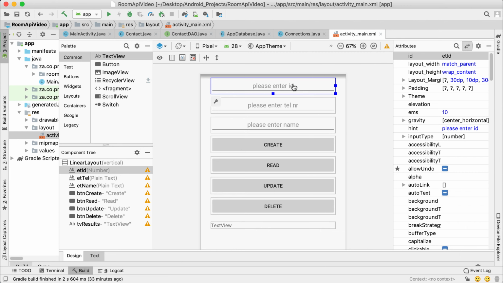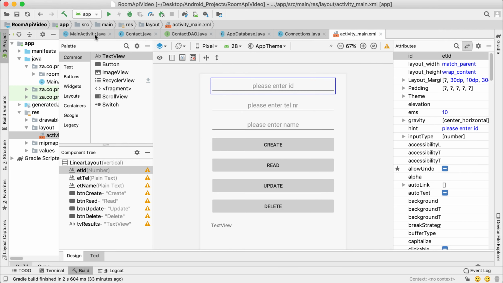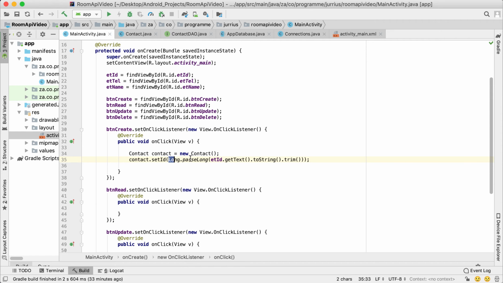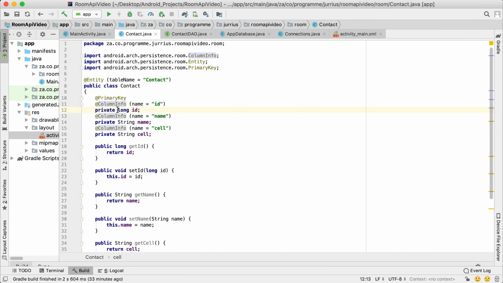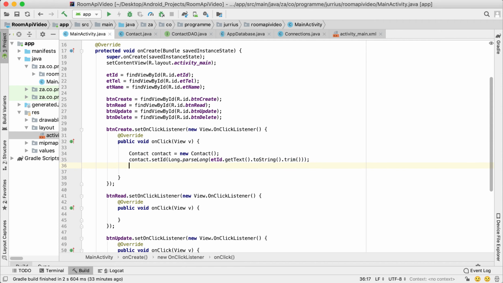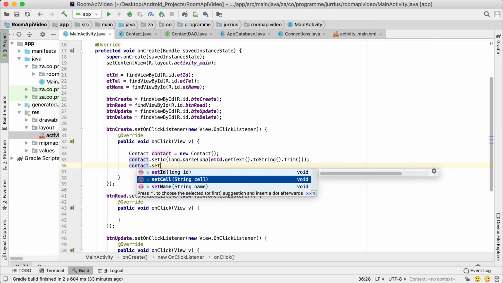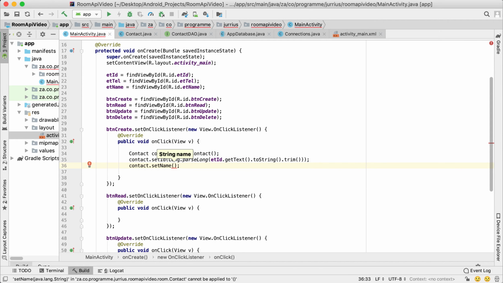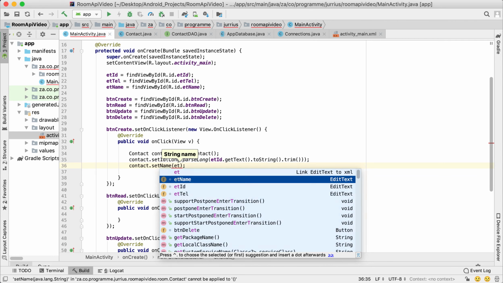Now remember, if you open up that file again, that's the ID. So whatever the user types there as a string needs to be converted to a long, which is the ID that we accept there. Our ID must be a long. Right, so we've got contact.setID, that's set. Now let's go to the next one. So we're going to call set, let's say setName. And for the name, that is a string, so we can just directly go to